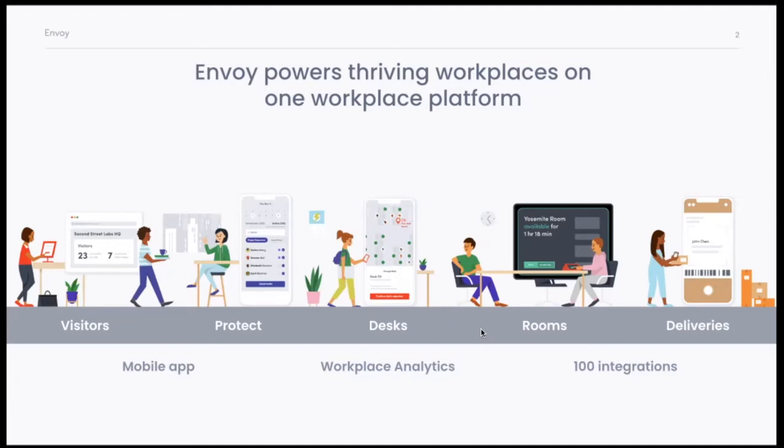Not so much, oh, my light went off. Not so much and a,